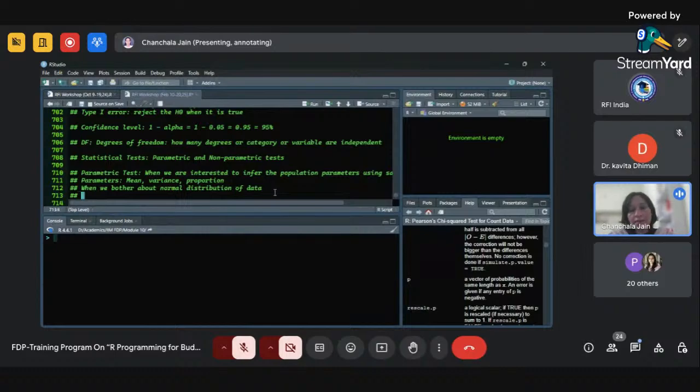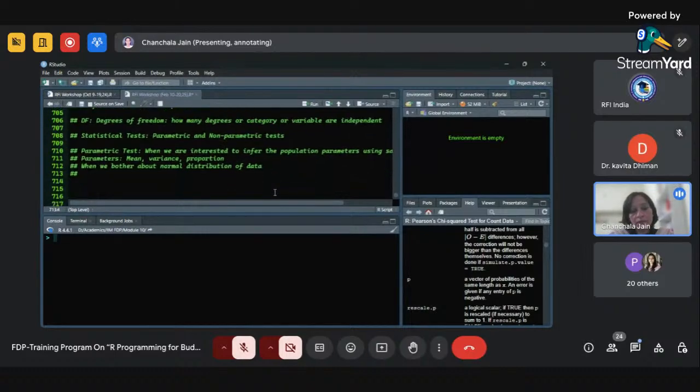Generally, in statistics, there are multiple parametric tests available. Some of them are like T, Z, ANOVA, correlation, regression, etc. Right? Next,